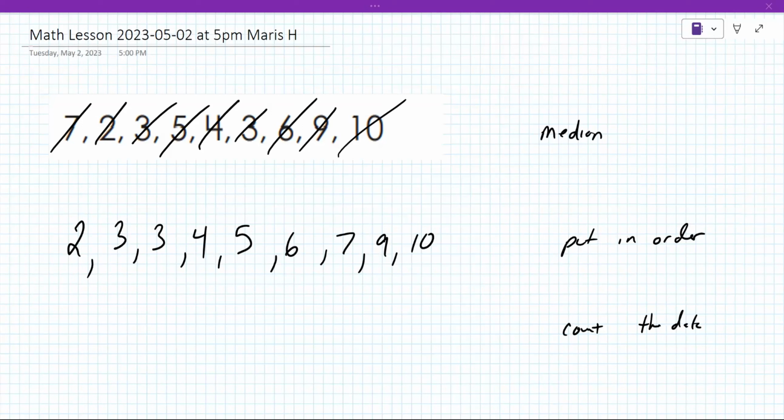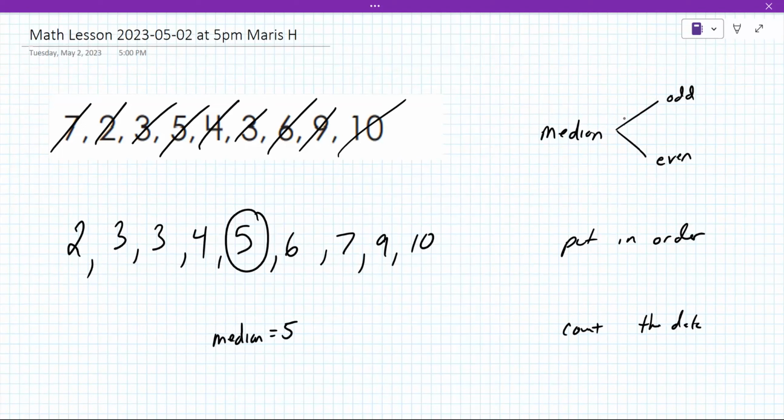All right. And so for that number 9, there are two types of calculations for the median. It's based on whether there's an odd number of numbers or an even number of numbers. When there's an odd number of numbers like this, there's exactly one middle value. So the median in your data set is 5. Do you see that there are 4 left and 4 right?